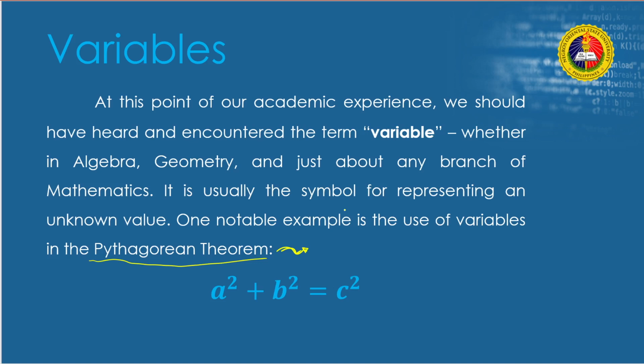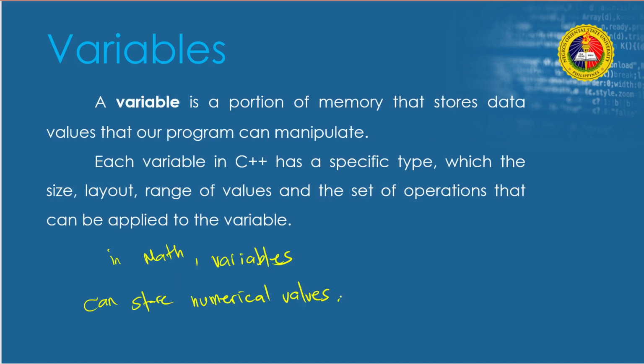So in math, write it down here. Variables can store numerical values. Am I right? Numerical values only, just like earlier, when we found this side of the triangle. The side of a triangle is really a number. It's not text, not characters, not symbols. It's numbers. And the variables in programming, however, can store